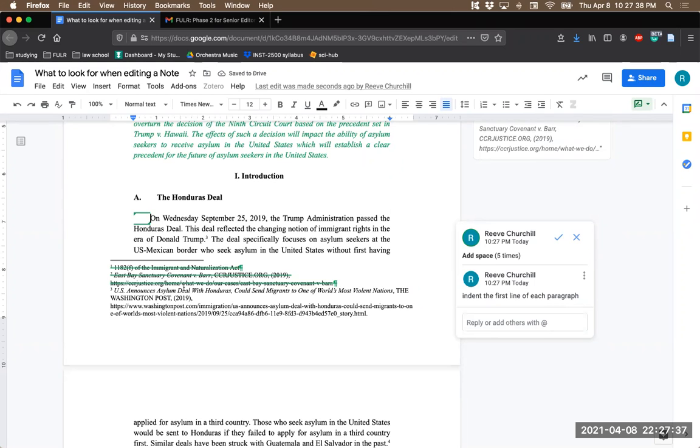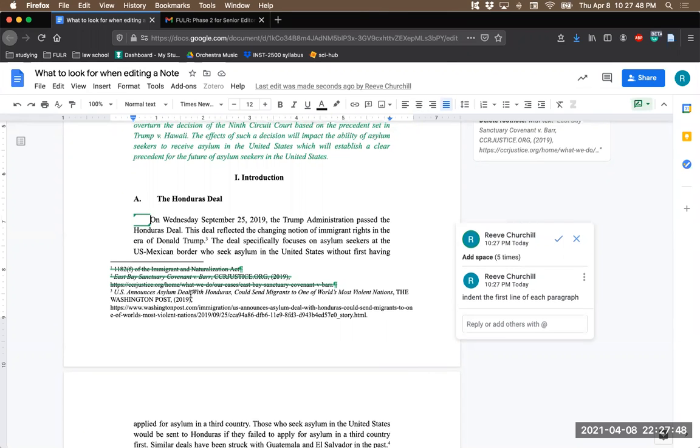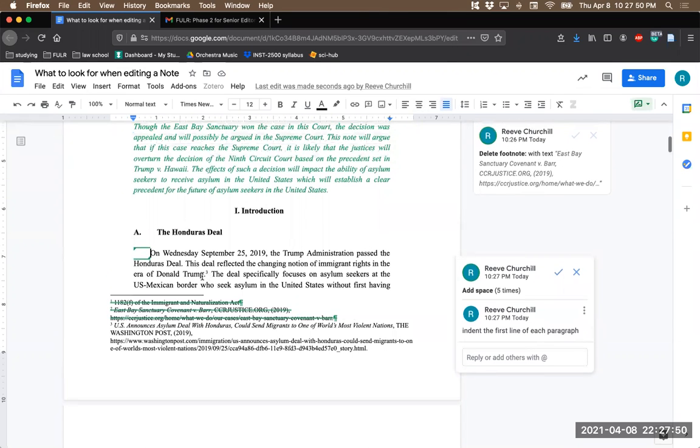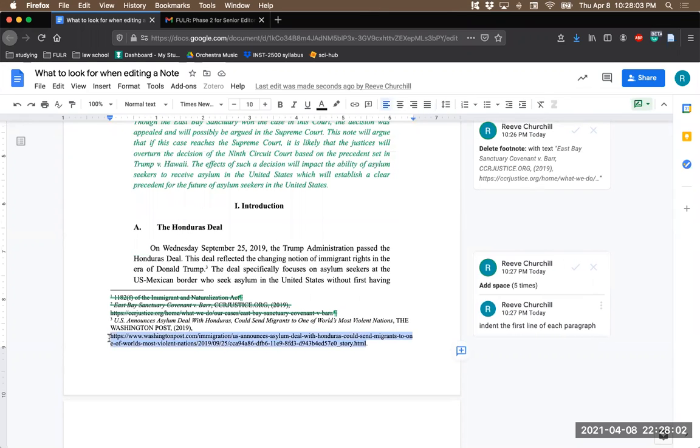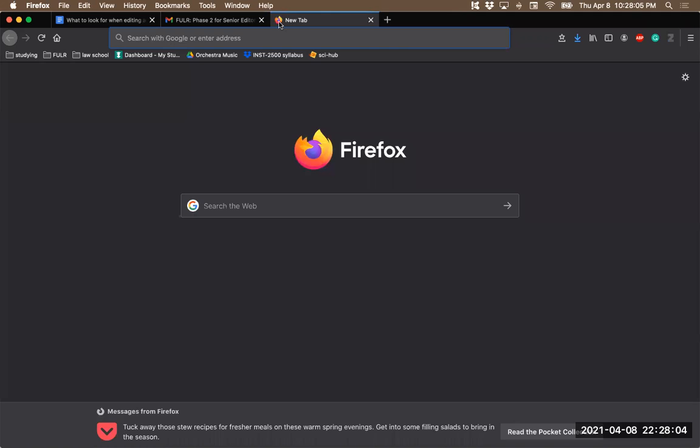And then also I'll go through at the same time and look at footnotes. You don't necessarily have to do it this way. I know that some people prefer to look at footnotes at the very end, but I like to do it this way so that I can see what introductory words perhaps should be used, and which ones are being used and which ones aren't. So the first thing I'll do is I'll actually go to the link itself